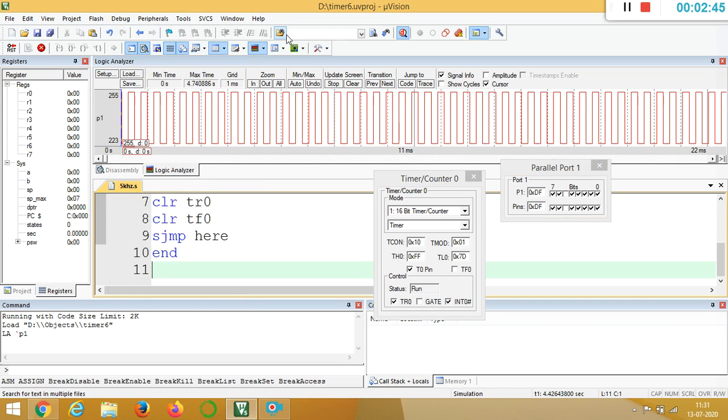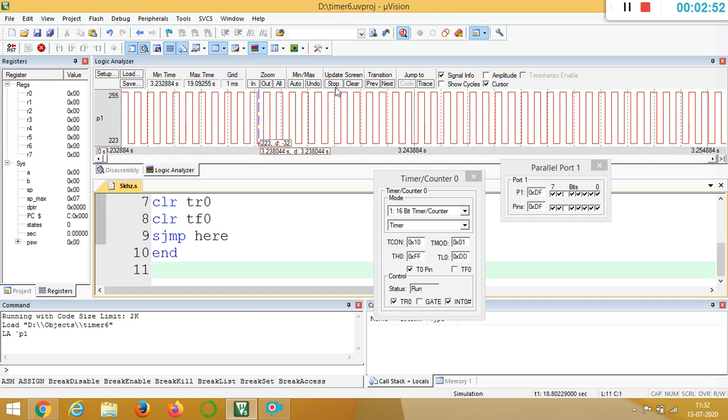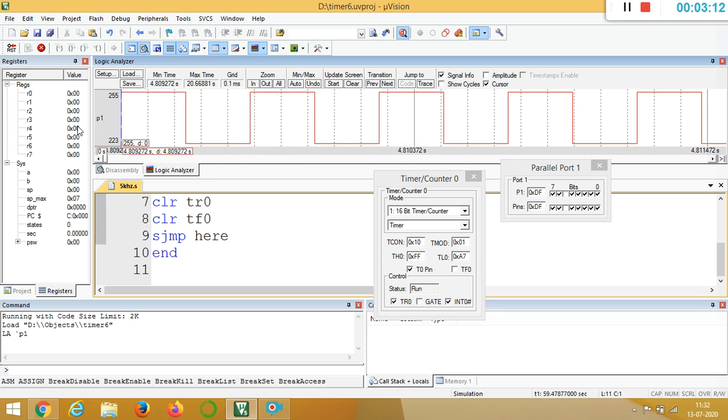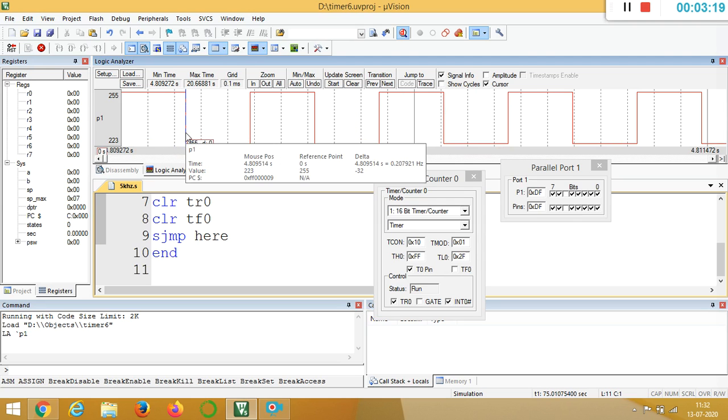Once I say debug run, I am getting this waveform. Here I can show you, I will stop this waveform. Simultaneously you can see the count is happening and the toggling is happening in port P1.5. Next I will show for 2 kilohertz whether you are getting 250 microsecond for half and 500 microsecond for the full period. So this is 0, so 0 second. Now I will point here.